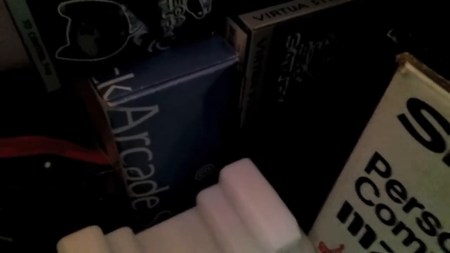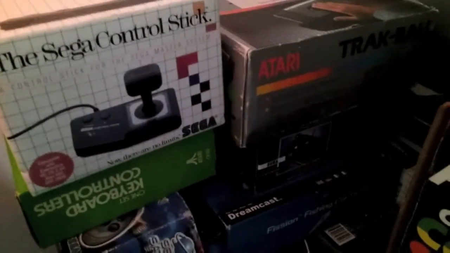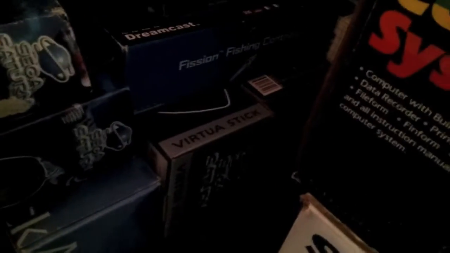Boxed Dreamcast, boxed Saturn, boxed Mega Drive, arcade sticks, boxed Sega Master System 2, keyboard controllers for the Atari, trackball controller for the Atari, spare Saturn pads, 3D controller for the Saturn, fishing controller for Dreamcast, etc, etc, Magnum light phasers, Seagull phaser, Jaguar stuff down here,